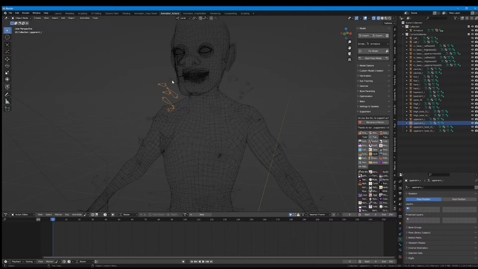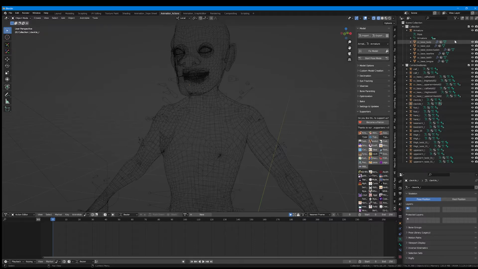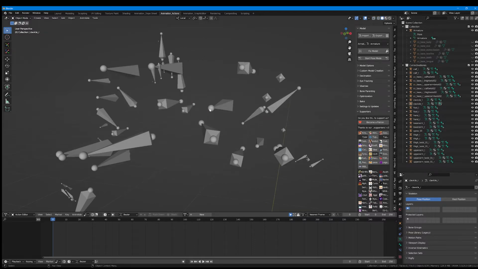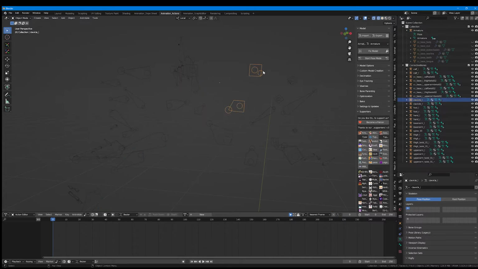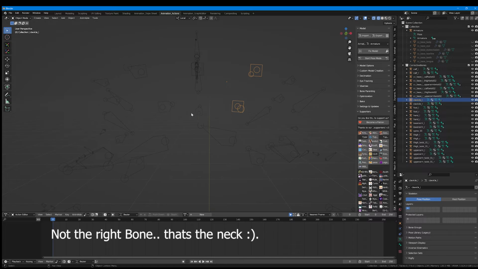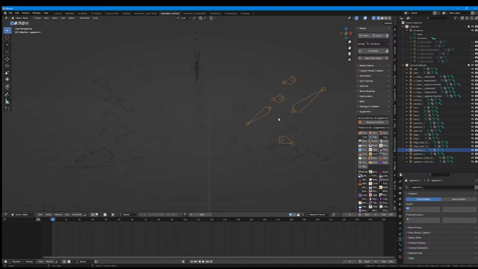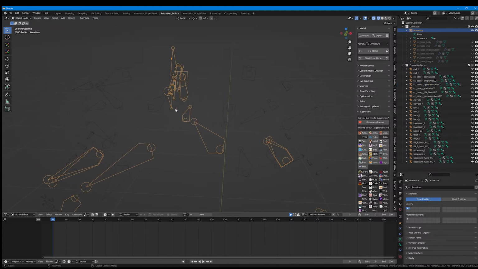So in this case, for example, let me just go ahead and hide the mesh. In this case, I know already, because I've studied the MetaHuman bone structure, I know that these two bones will be linked to this bone, which is the clavicle left. And I've also made sure that the pivot points of each armature be in the same exact position as the armature from the MetaHuman character, so that all I have to do now is I select this guy,